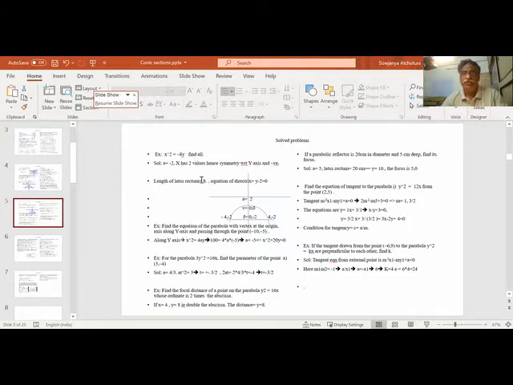4a y, a is 2. So from this vertex 0, 0, you have a, 2, as the focal point. It is on the downside, so minus 2. So what is my directrix? y is plus 2. That means y minus 2 is 0. y is plus 2 because this is 0, 0, so it goes plus. This is my directrix, because the vertex should be equidistant from the focus and directrix. So a is 2, the focus is minus 2 and the directrix is y equals 2.